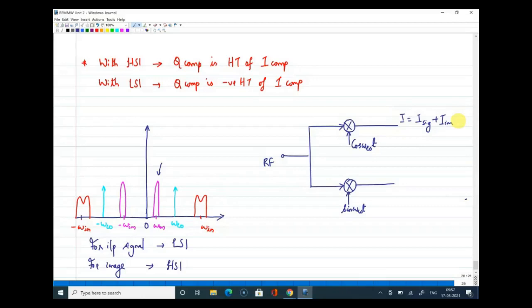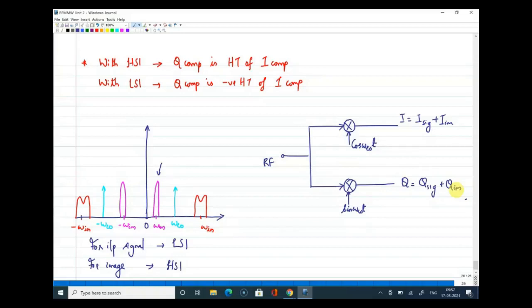So at the in phase arm, or the upper arm, you will have an in phase component for signal and an in phase component for image. Similarly, in the lower arm, the quadrature arm, you will have a quadrature component of signal and a quadrature component of image, right? Now, how well we perform specific operations on this in phase component and quadrature component of signal and image can help you to sustain the signal and cancel out the image, or to sustain the image and cancel out the signal. So those set of operations we will see in our next class.